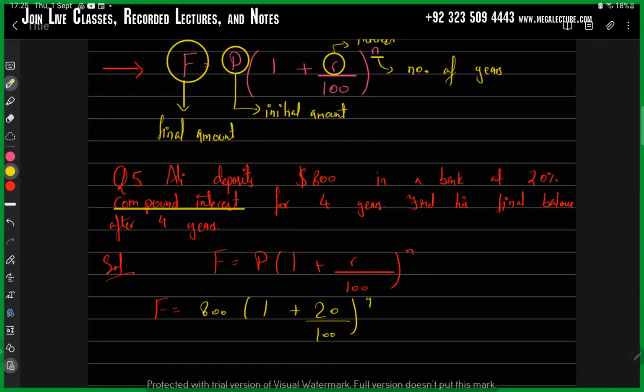Now please use your calculators. Please do it with me. Open your calculators. It's 800 multiplied by, brackets open, 1 plus 20 divided by 100, brackets close, and in the power of the brackets you need to write 4, and this is going to give you 1658.88. Yes, that's right, very good. This is going to be the amount, and for the final answer you can just write it